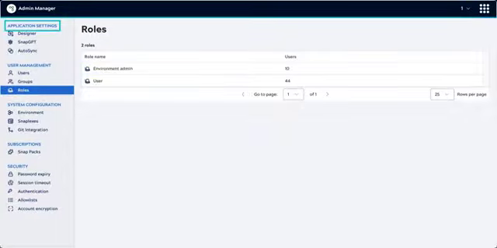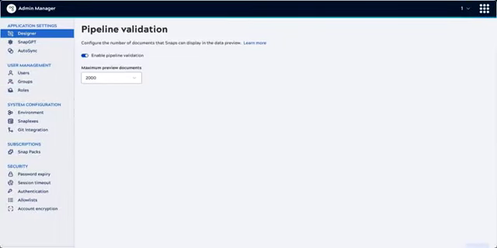Next, we'll look at application settings. Designer settings relate to pipeline validation. With validation enabled, pipeline developers can manually validate pipelines before saving them. Validation also occurs automatically during a save operation. You might want to disable pipeline validation to avoid the overhead or prevent sensitive data from being visible in Snap previews. If validation is enabled, you can select the maximum number of preview documents from 1 to 2,000. Regular users can disable validation in their profile settings and configure the number of preview documents up to the maximum